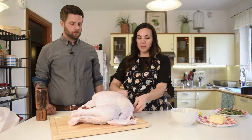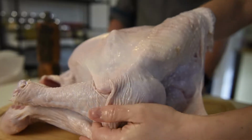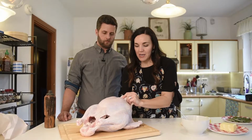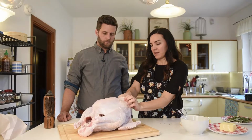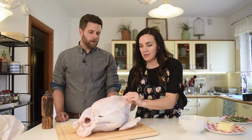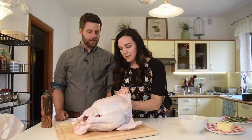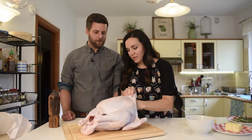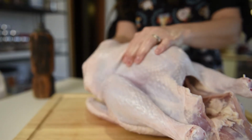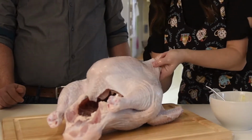All right, so I start from the neck area, and you want to pull the skin and just very gently, there's kind of a membrane in there. You want to break between the membrane and the turkey breast. Whenever I do this, you want to be aggressive to get in there, but not too aggressive, because you definitely don't want to rip the skin. Yeah, you don't want to rip the skin. Okay, so the skin is loosened now. I'm going to take the butter in my hands,